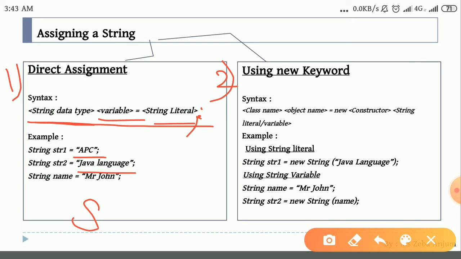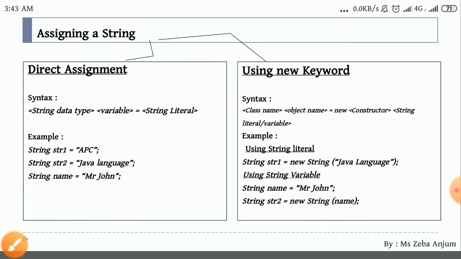So you can use anything. But remember that when you are directly assigning, the first word you write is String, and S should be capital. This is your variable name and this is your string literal, Mr. John. This is about direct assignment.